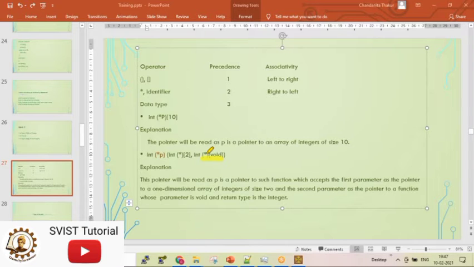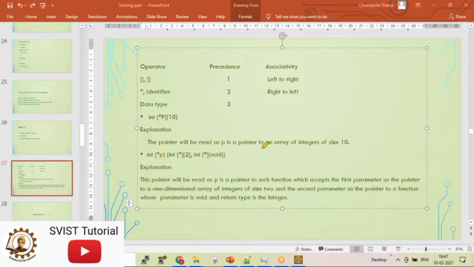So it is a pointer to a function. The function does not have any parameters. So it is a pointer to a function which has no parameter and whose return type is integer. Is it understandable?